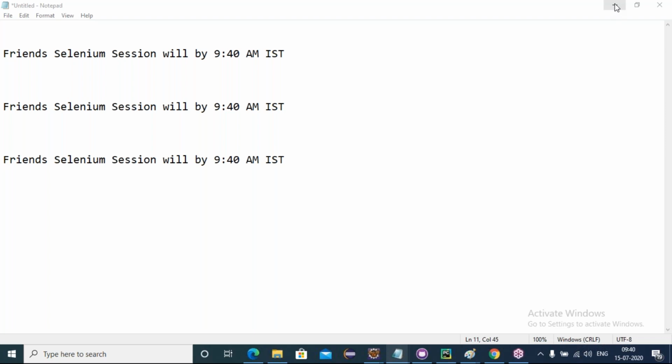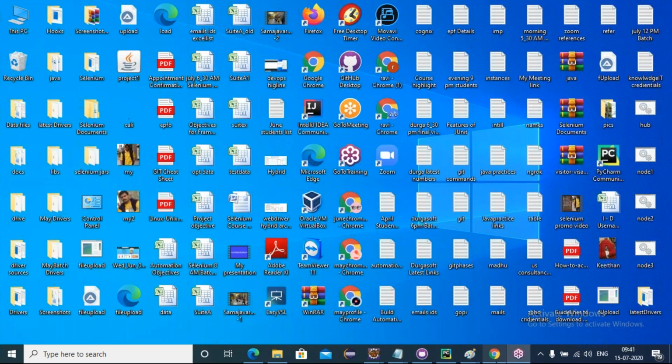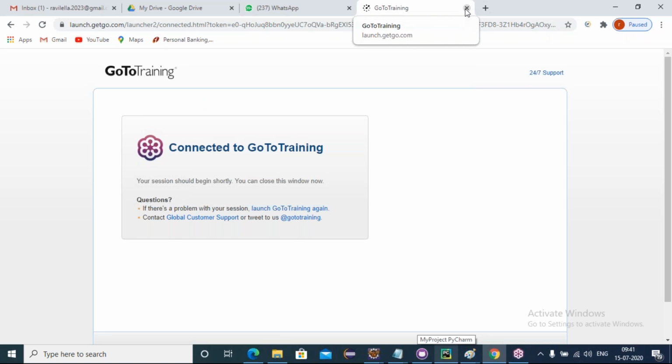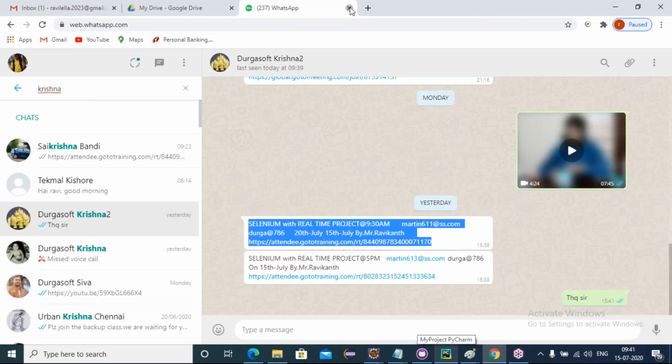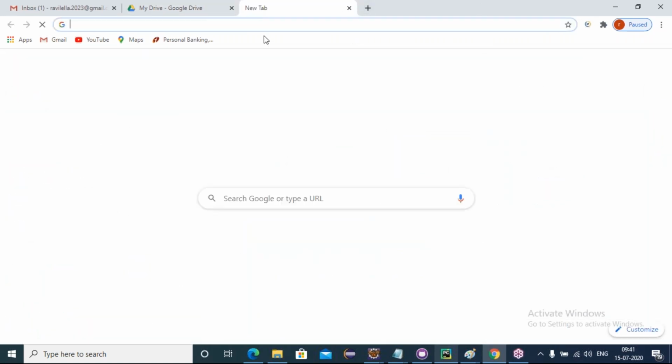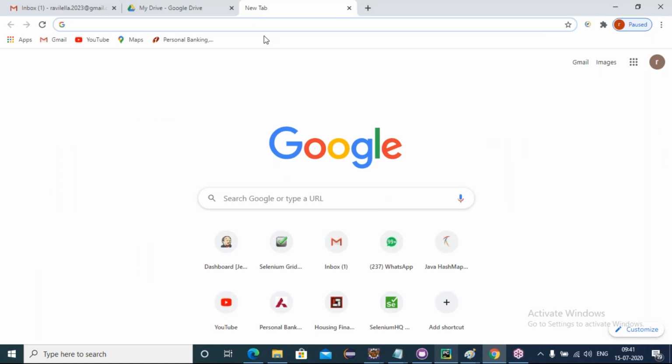Okay. So the first prerequisite to start Selenium is that we require Eclipse and Java to work with Selenium. Selenium is not a software, it's an API jar file.